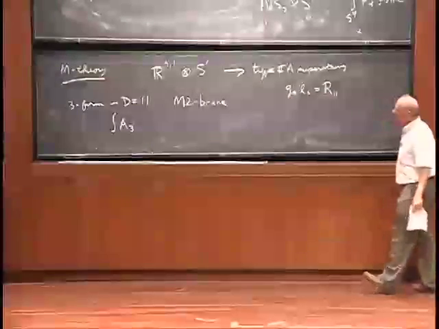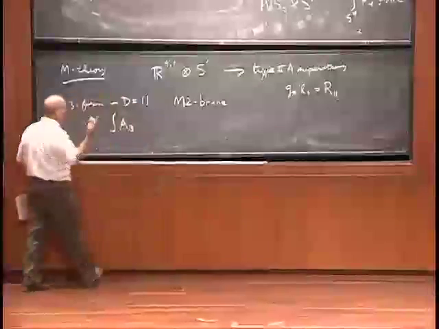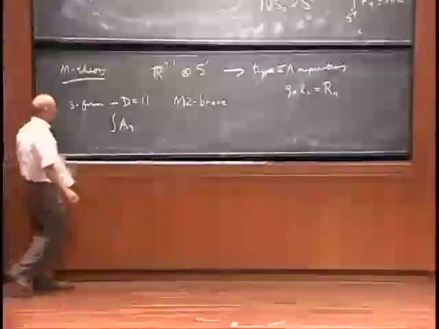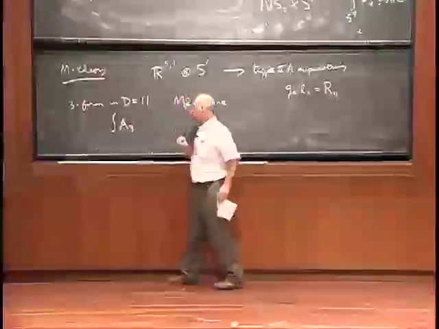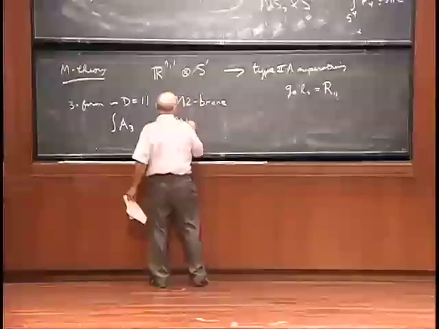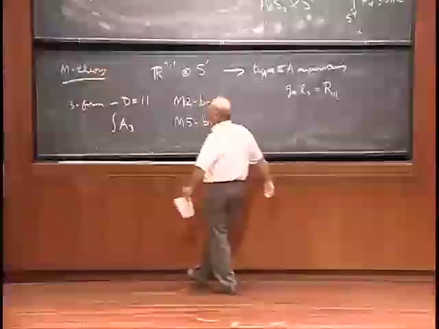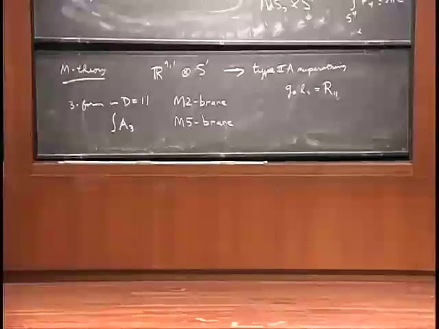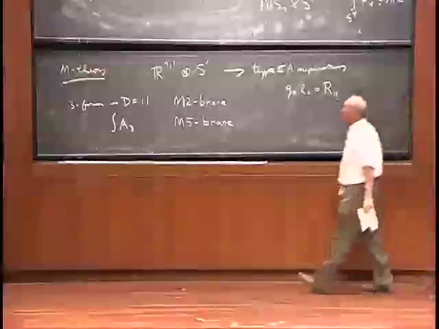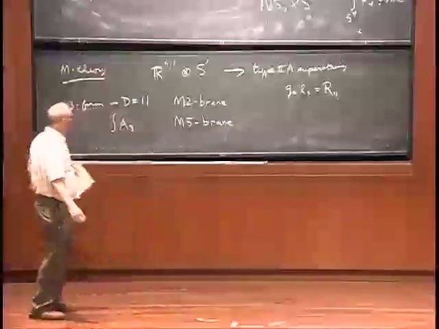And then there's a magnetic dual. Remember, we always have this electric-magnetic pairing of these branes, and the brane that couples magnetically to this 3-form turns out to be an M5 brane. So there are these 2 types of stable objects in 11-dimensional supergravity, which you can think of as infinite hyperplanes if you want to make them really stable. The only other way to make them stable is to have compact dimensions and wrap things and so on.